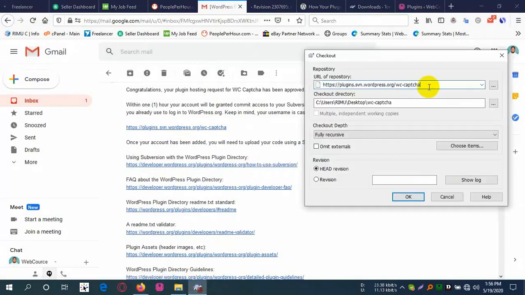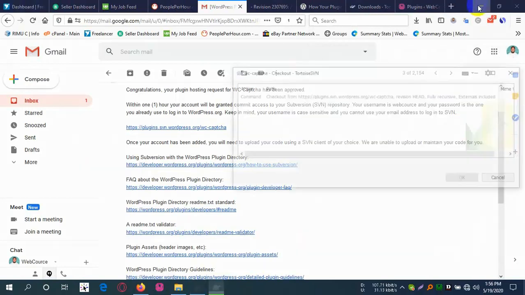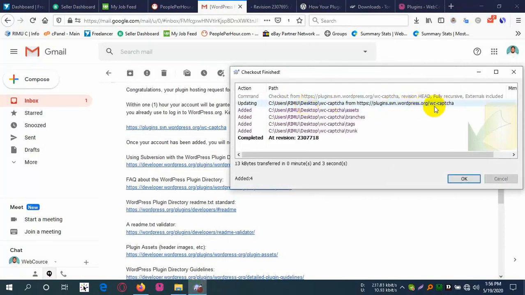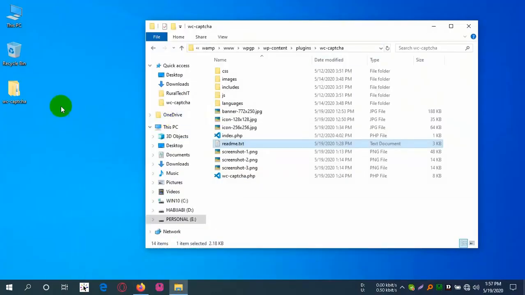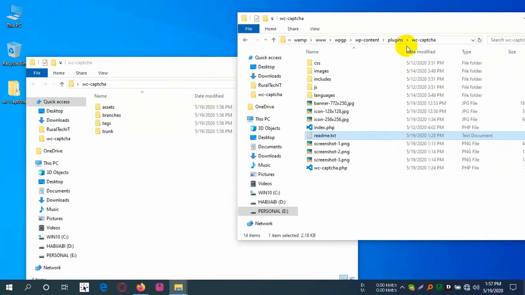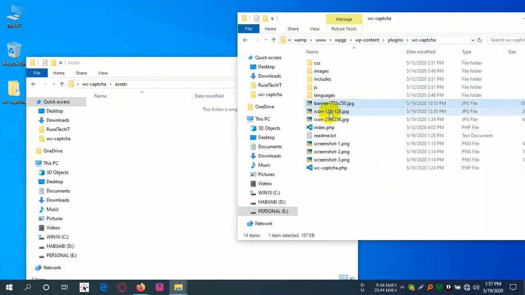Copy and paste here, and on the desktop the WP Captcha directory will be where, and okay, and I find here the directory WP Captcha on the desktop, and I will find the folder directories. Okay, and I see here,